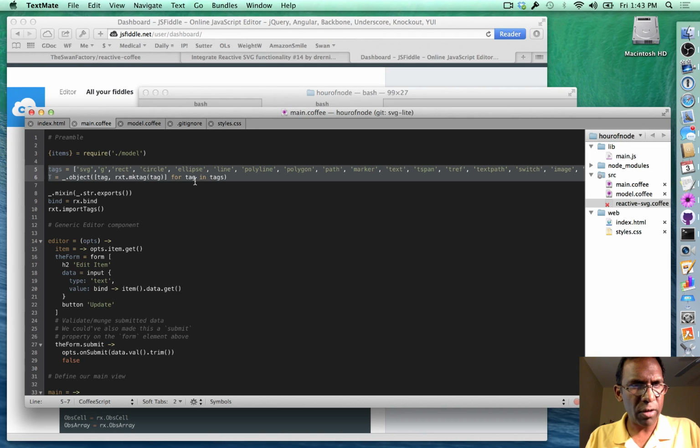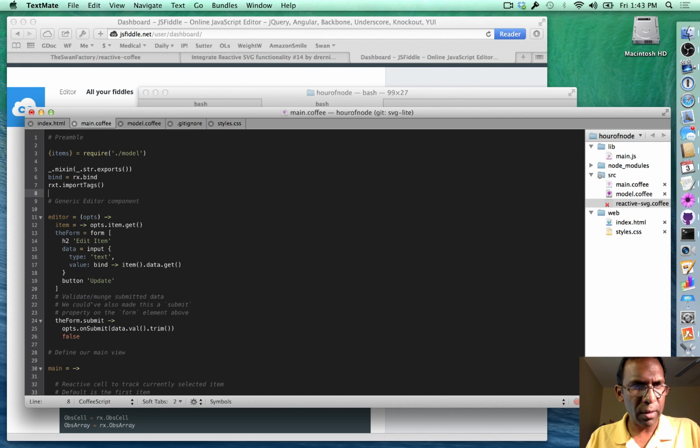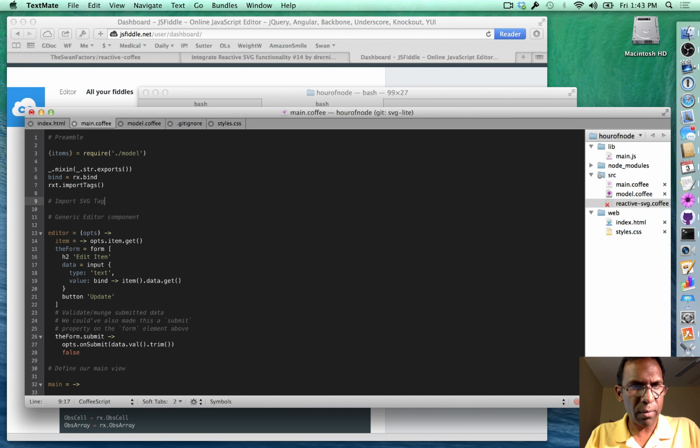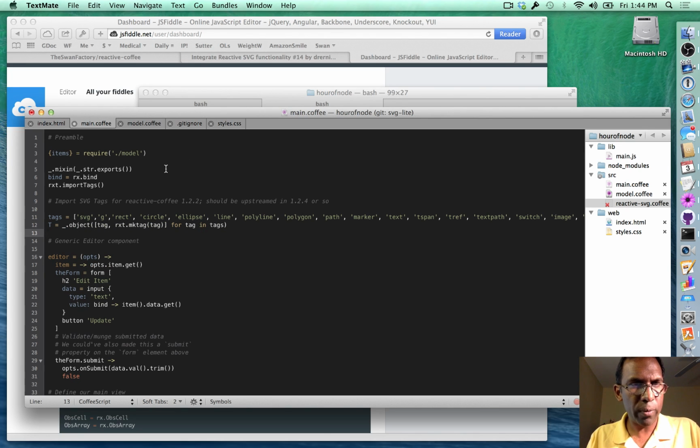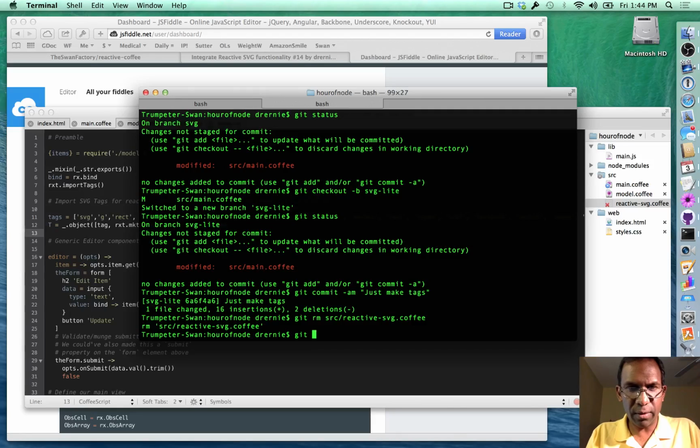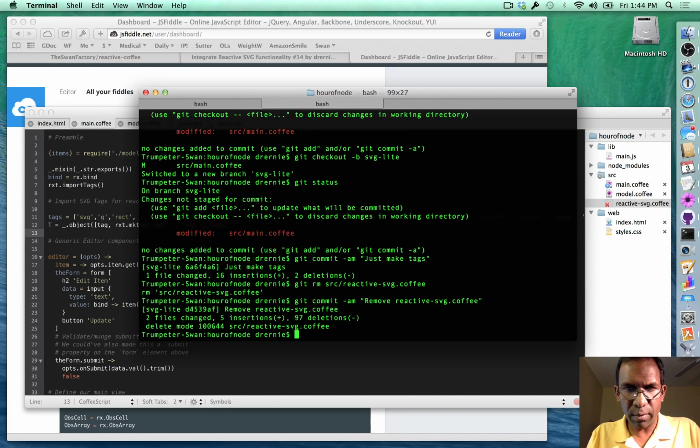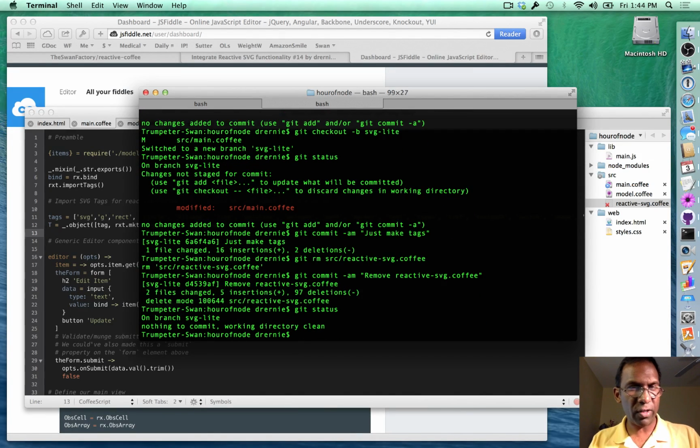And probably shouldn't be a problem to do it there, but let's just go ahead and okay, we have removed that, so let's go ahead and remove. Okay, SVG Light branch, we've got our code here,